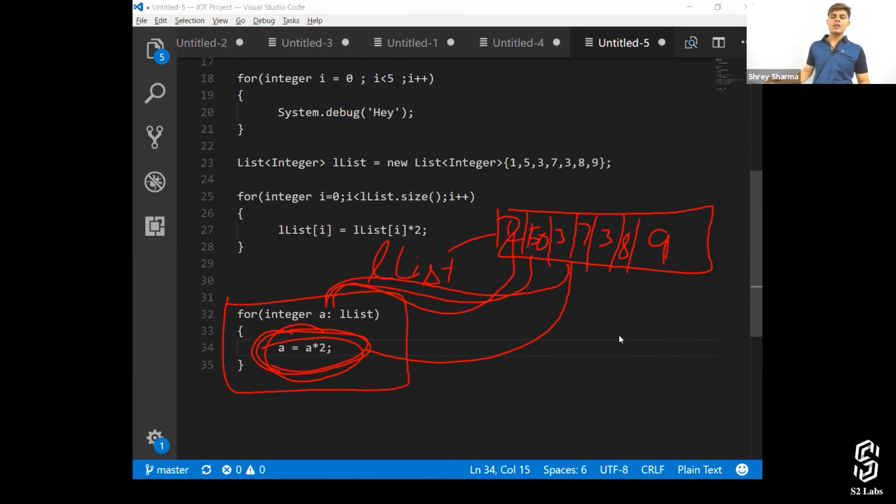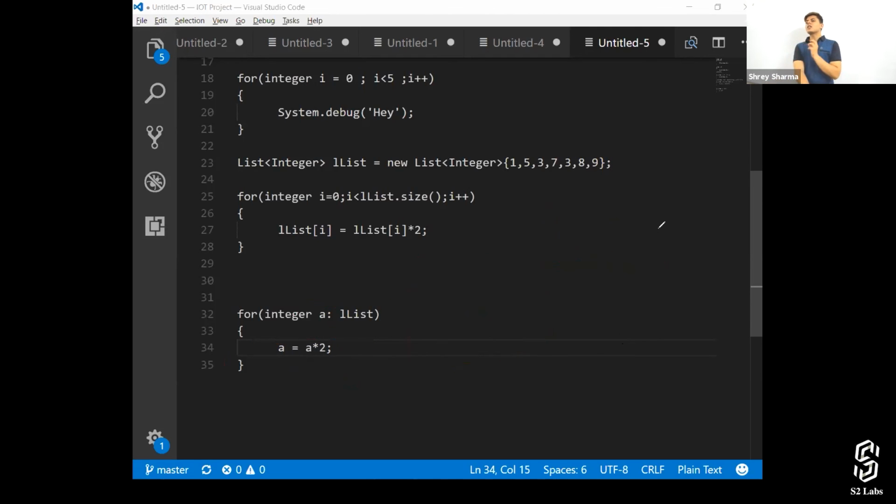That's all it is. It's a simpler, easier way to execute an operation on all of the elements in that particular collection. Is that clear, everyone? We are going to use it most of the time with sObjects, lists, sets and all sorts of things. I hope it is clear.